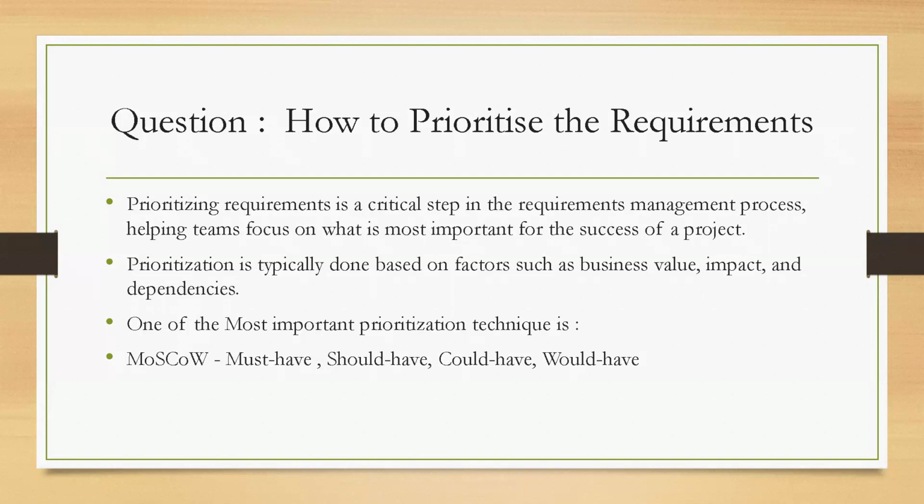Generally there are more techniques, but mostly the MoSCoW technique is used. The MoSCoW technique is a more advanced version compared to other prioritization techniques. MoSCoW means must have, should have, could have, would have. Must have means the requirements that must be there in the application, which have high priority; those will be implemented first. Should have means we can add those requirements later, so that kind of requirements goes under should have, and could have means